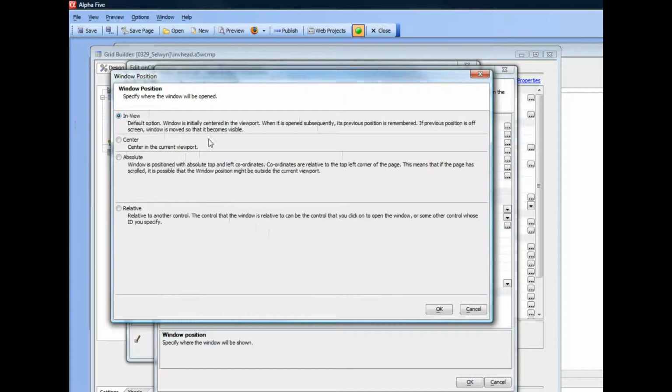But now the following new options exist: center, which will always center the window in the current viewport regardless of how the window has scrolled or where the previous position of the window was. Absolute will let you set an absolute position for the window relative to the top of the page, so that actually might be outside of the current viewport if you've scrolled the browser. But for example, I could go here and set my current position to always be 2 pixels and 10 pixels,